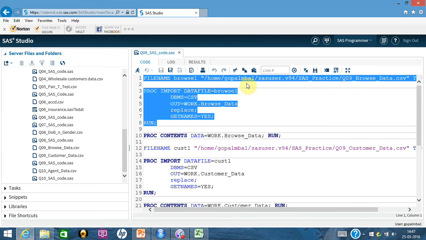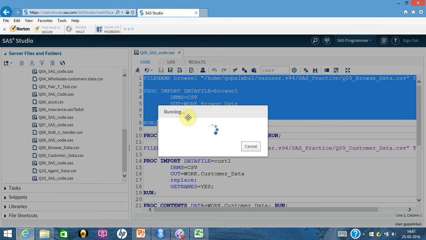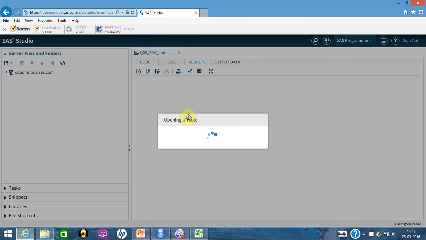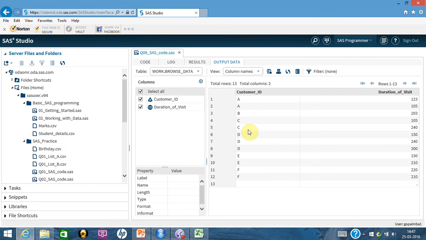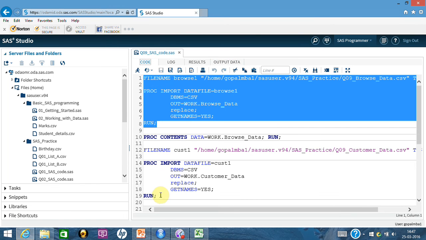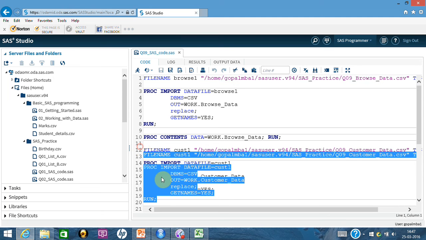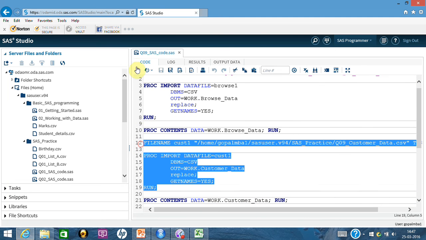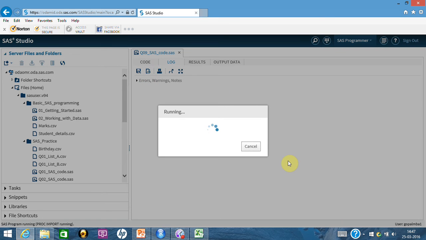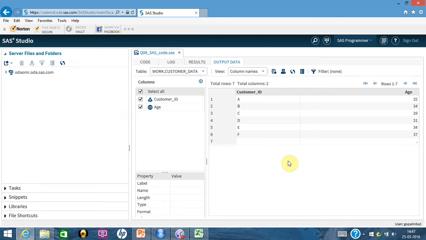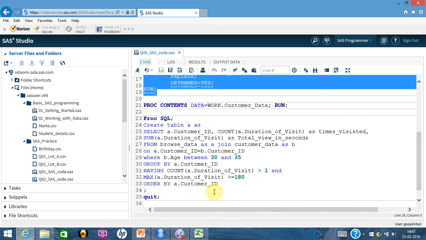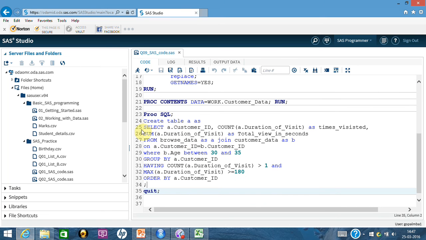So I'm going to take the browse data here. You get the browse data, which is customer ID and duration of visit. In the same way, I will get the data which is in the customer data. So now my browse data and customer data is ready. After that, what I'm going to do here is just the same SQL command that you had seen,